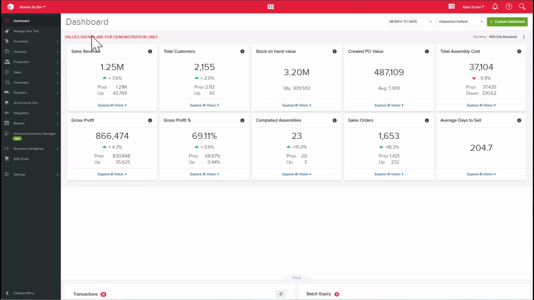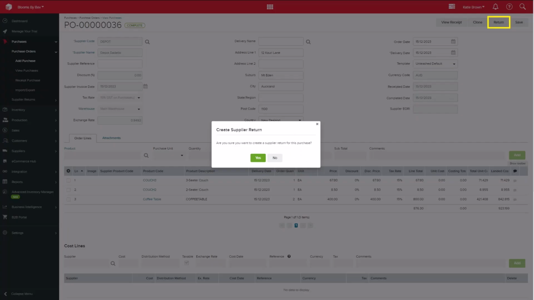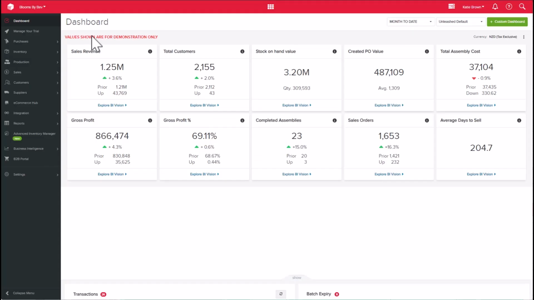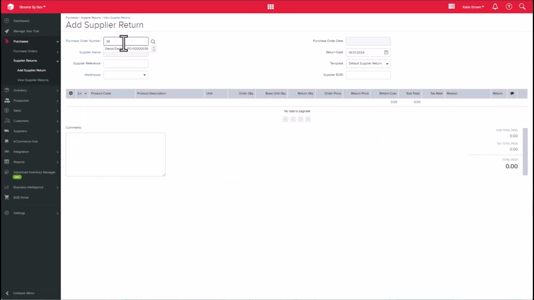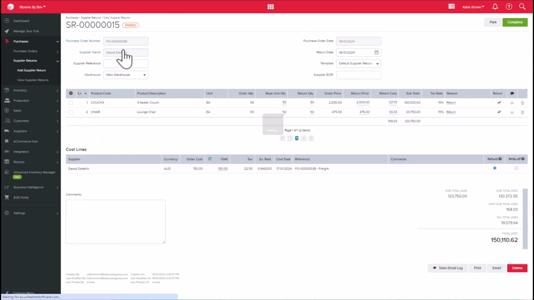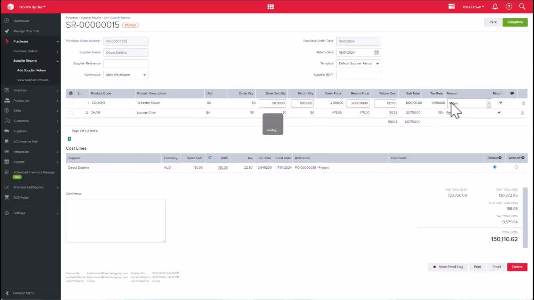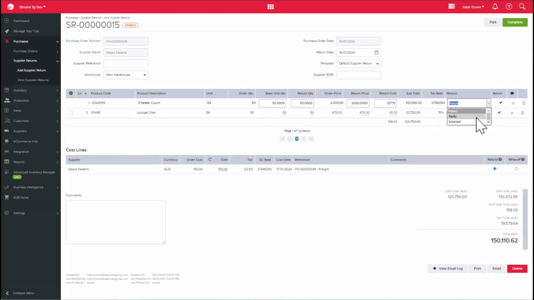There are two ways to add a supplier return: from the purchase order itself, or you can add a supplier return within the Purchases section in the left-hand menu, and from there, search the purchase order number. To get started, ensure that you select the warehouse that the goods will be returned from. You can delete any lines that you don't want to return, and select the appropriate reason for the return here,